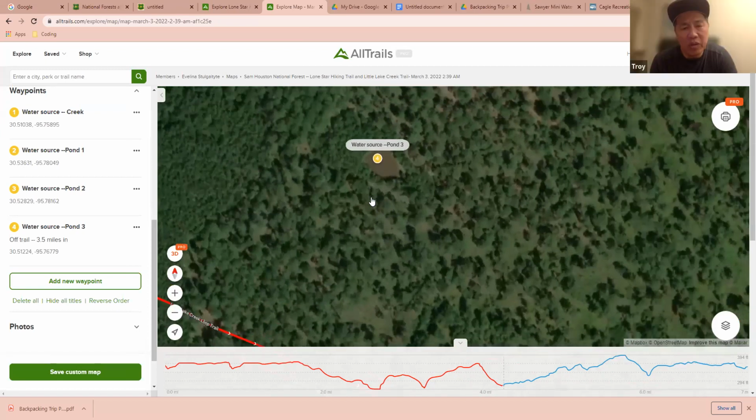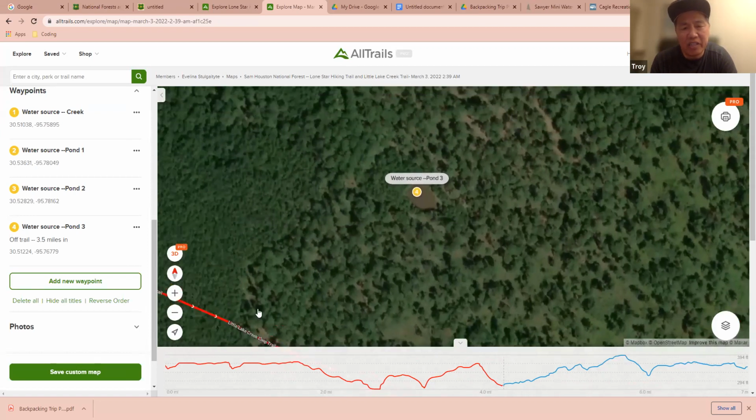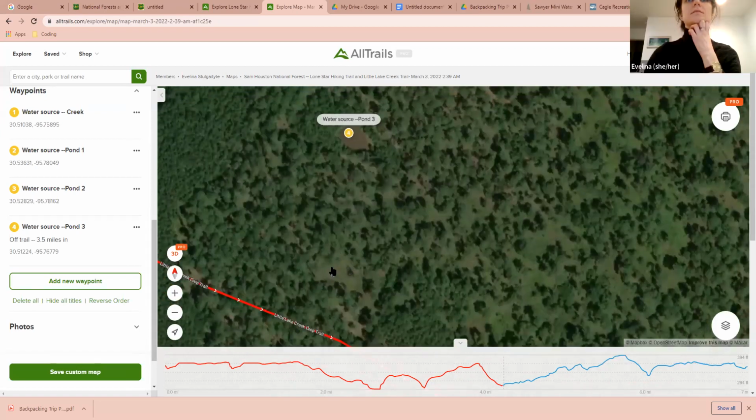So if you were looking for this, you see to the left of it, it's kind of denser forest. But if you go to the right, right below it, it seems like there's a clearing in the trees. If you needed to find it, I would go through that section. Yeah, exactly, right there. You'd go through that versus going through the more forested part.